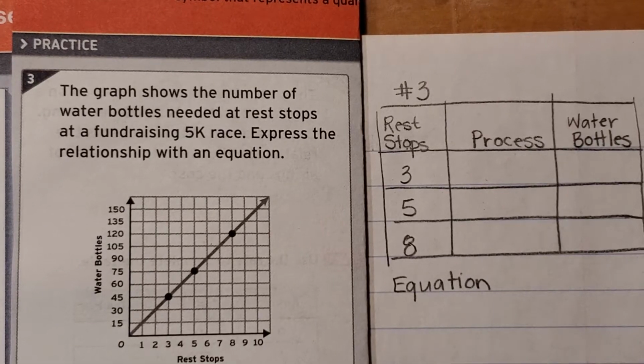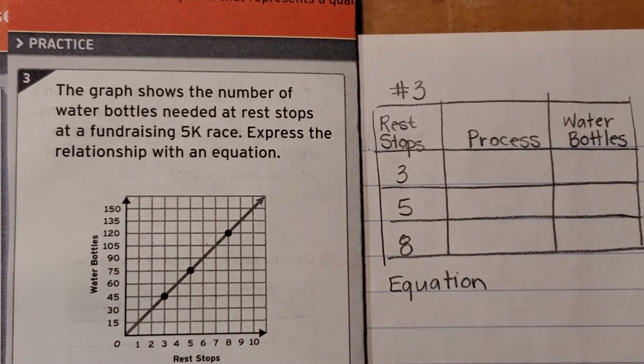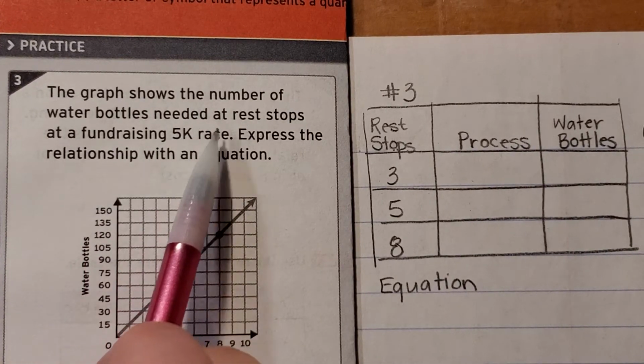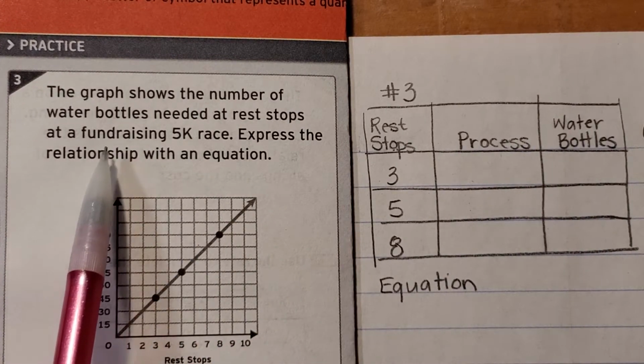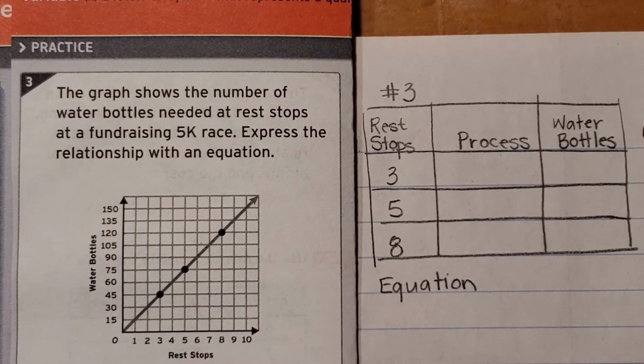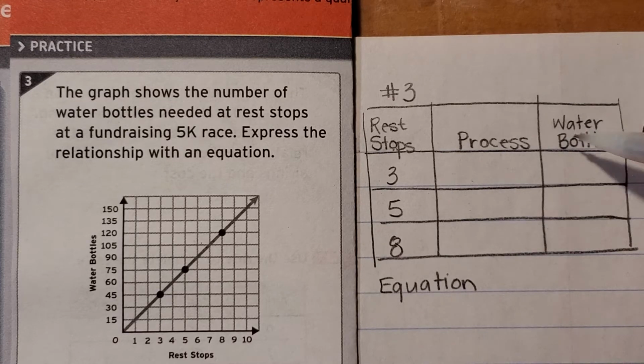Let's go ahead and look at number 3. Number 3 says the graph shows the number of water bottles needed at rest stops at a fundraising 5K race. Express the relationship with an equation. I want to give you a couple minutes to fill in our data point